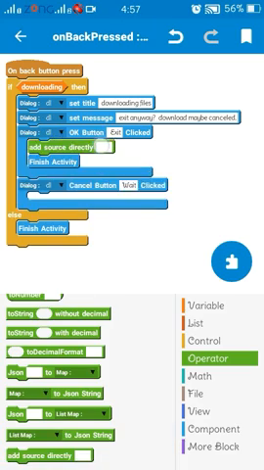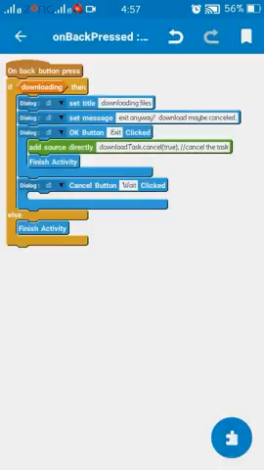If the user chooses to exit anyway, cancel the task so we do not consume any user data.